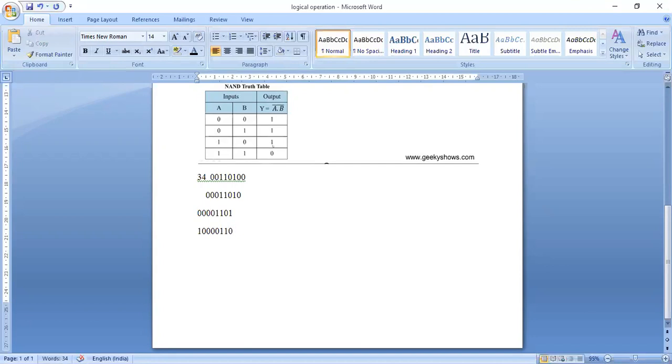And again we are going to do one more rotate right. That is the fourth rotation. So again LSB is 0, so it comes to MSB 0. And the remaining bits also get rotated right. So 0, 1, 0, 0 is 4 and 0, 0, 1, 1 is 3. So the result should be obtained as 4, 3. So let us see after running the program whether we are getting 4, 3.